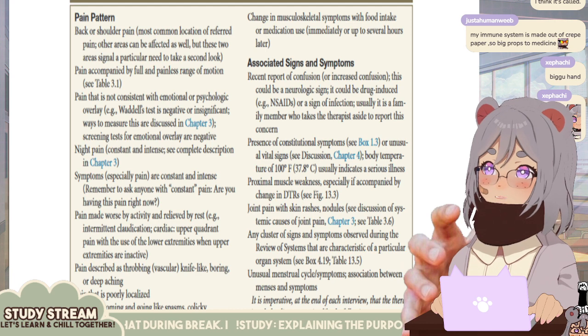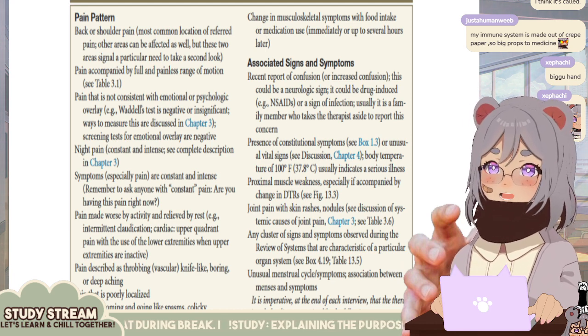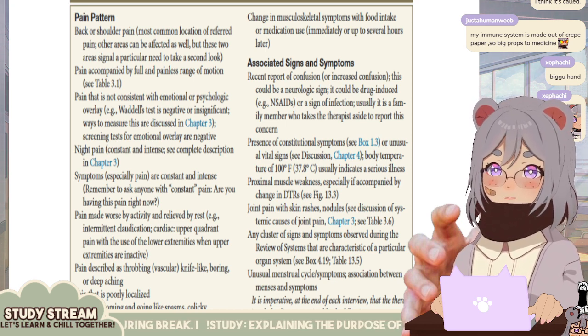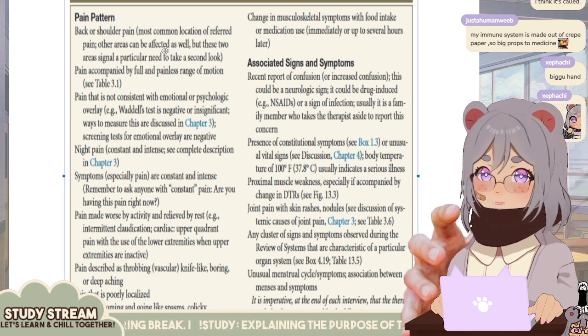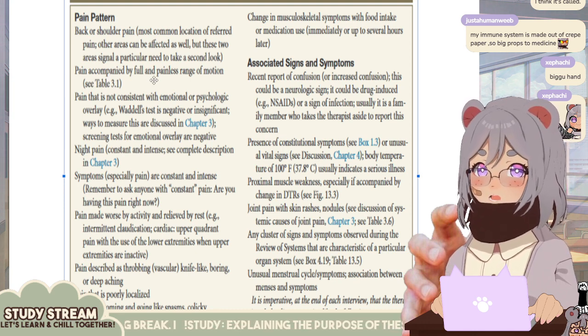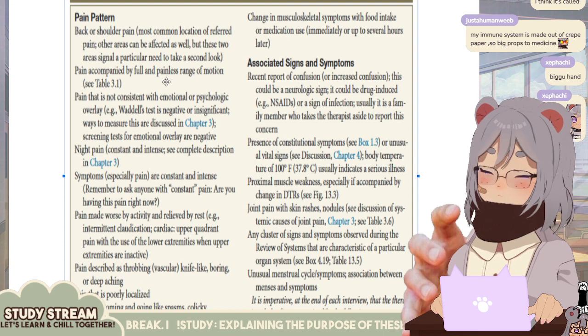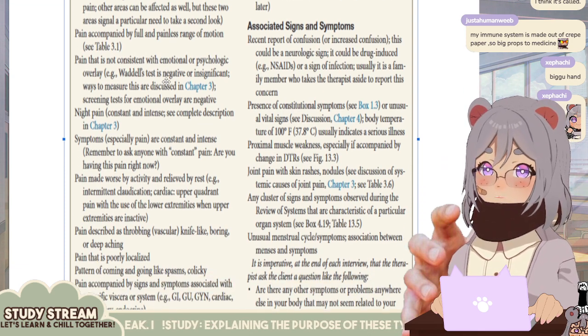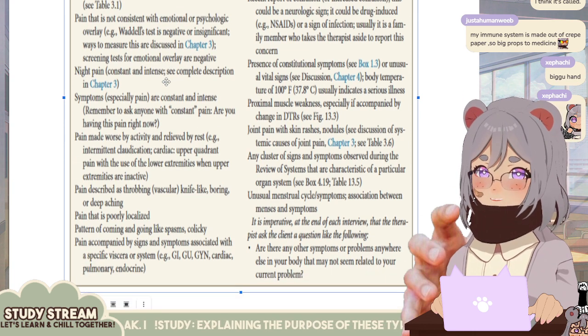So pain patterns for red flags is that maybe they have back or shoulder pain, which is a very common location for referred pain. Other areas may be affected as well, but the two areas signal a particular need to take a second look. Pain is accompanied by full and painless range of motion, so there's no restriction. They're able to do their motion, but there's still pain. Normally pain limits you, but